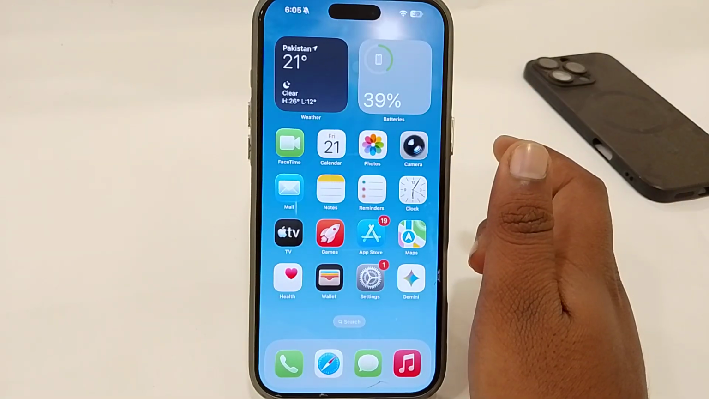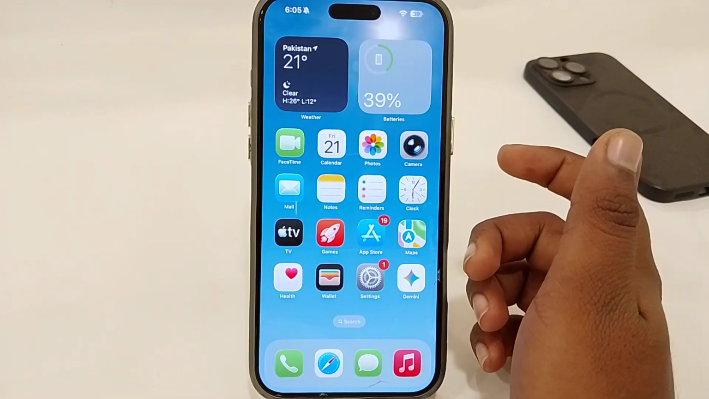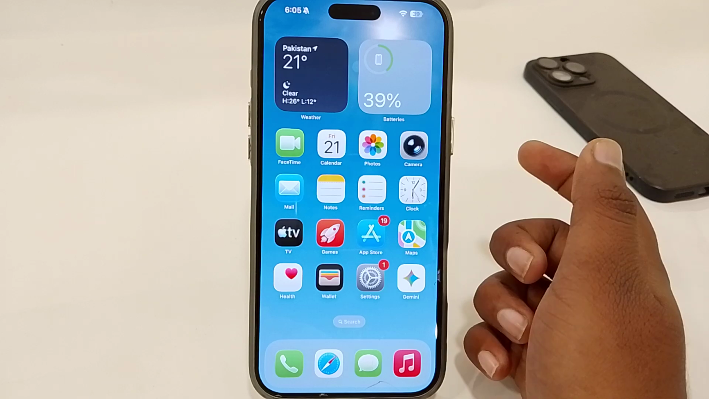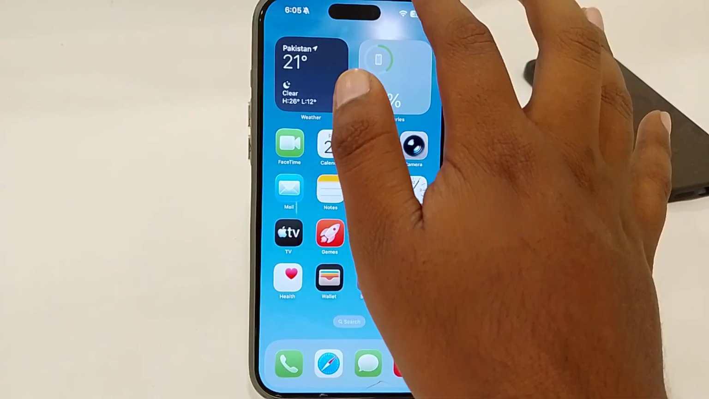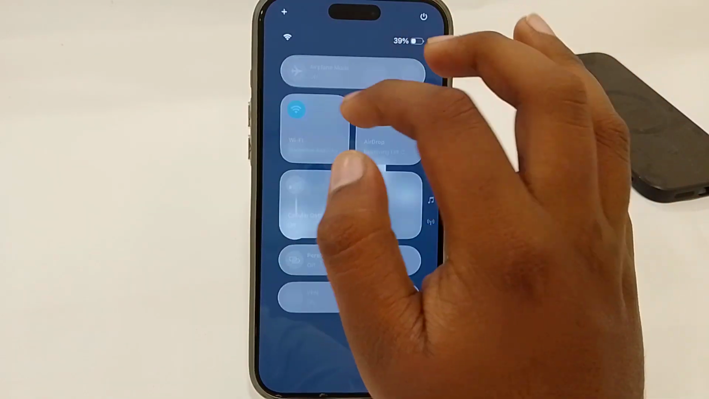You just have to go back. So there's the only way to fix the issue. You have to contact the Apple support team. Now to do that, first I recommend you check your network, that you have the strongest and most stable